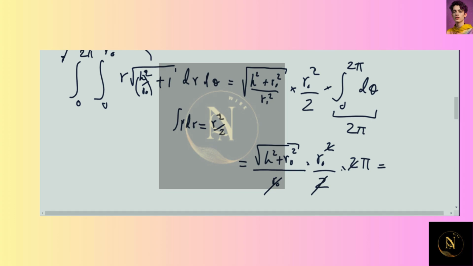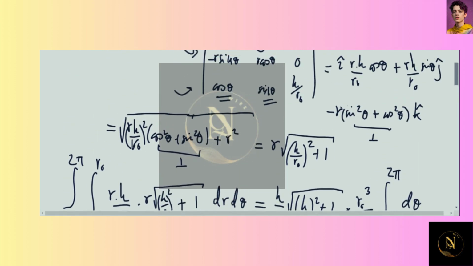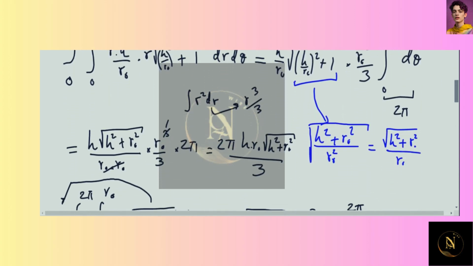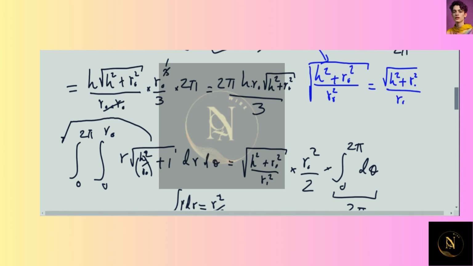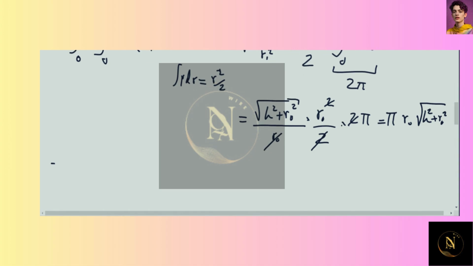that also cancels, so it will be pi times R naught times the square root of H squared plus R naught squared. So that is the area, and then we need to divide this by the area. So the average value for C would be equal to